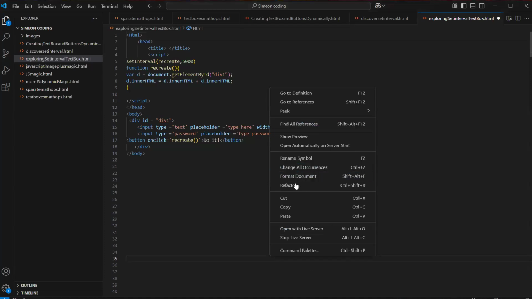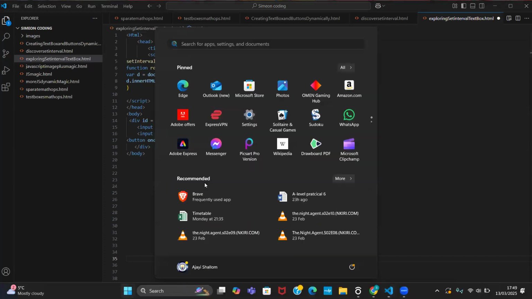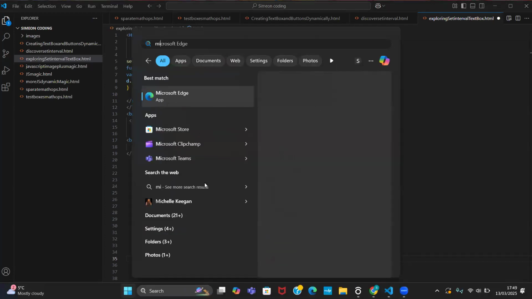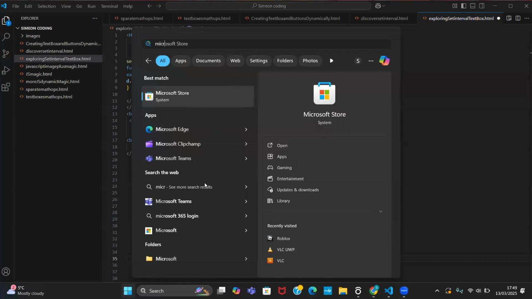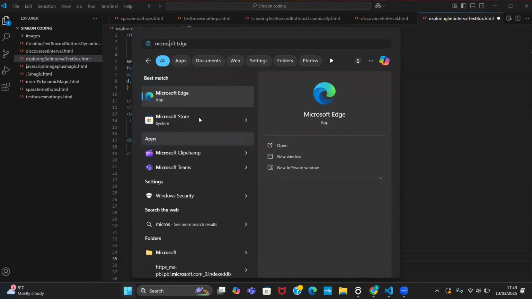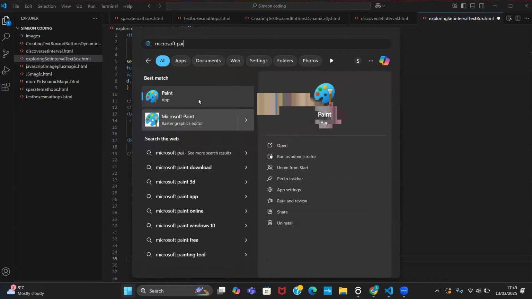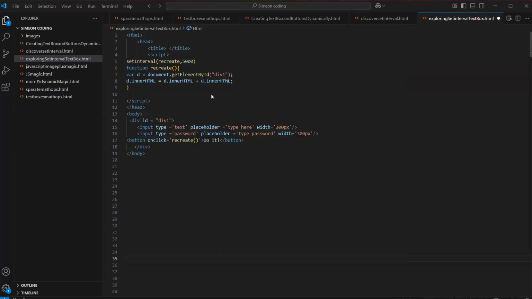Have you seen it? No, I said you have to search in Start. Go to your Start button. Microsoft Paint. Not Paint 3D. Paint, not Store. Yes, that one, the first one.